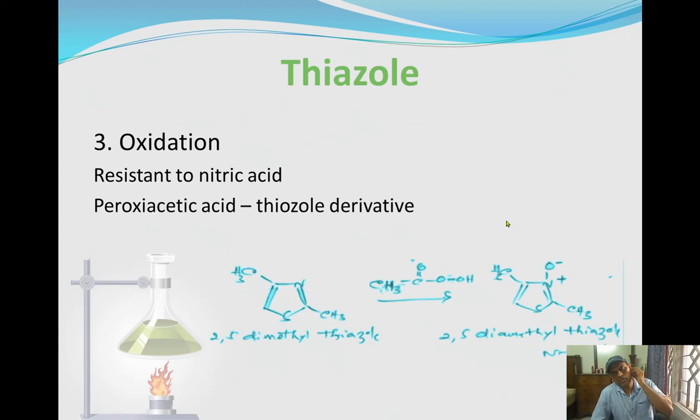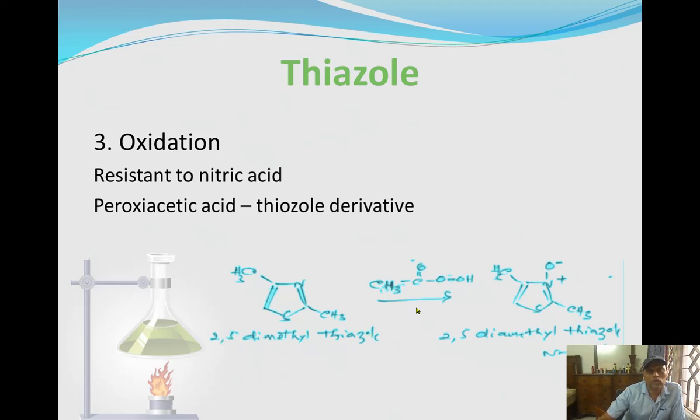So it is going to react with peroxyacetic acid and give that oxidation reaction. Peroxyacetic acid, you can see the structure here. It is just like acetic acid, with one extra oxygen over here. So reacting with this, you're going to take this as the starting product,